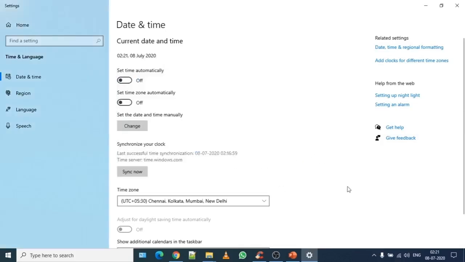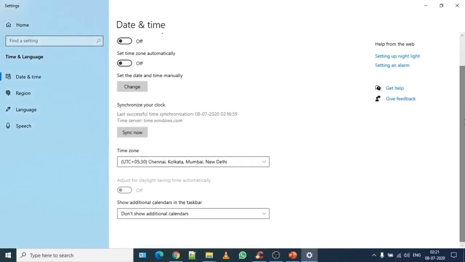Other than that, you will have the time zone below. You already know that we are in India, and our time follows Indian Standard Time, or IST. This time is different from universal time, which is UTC, Coordinated Universal Time.